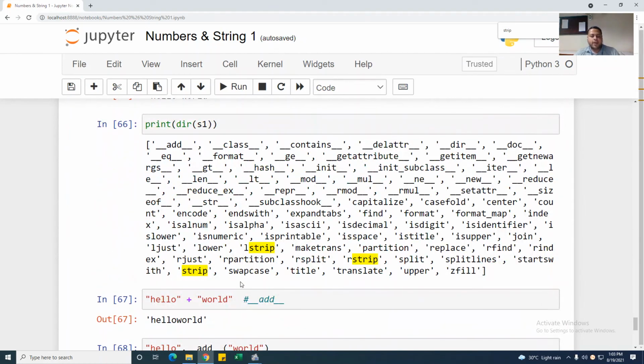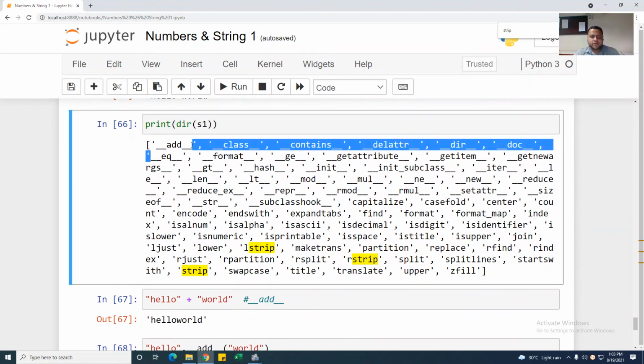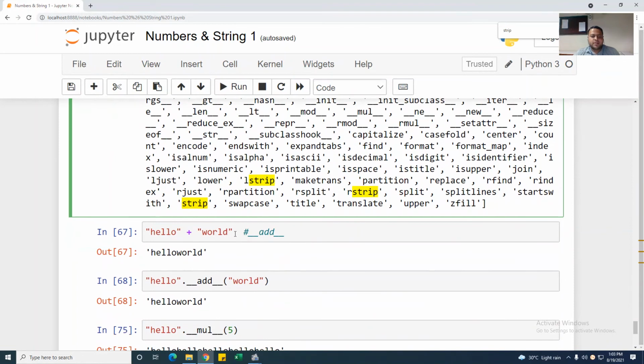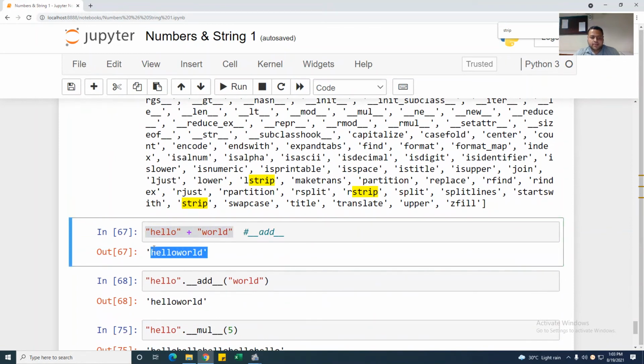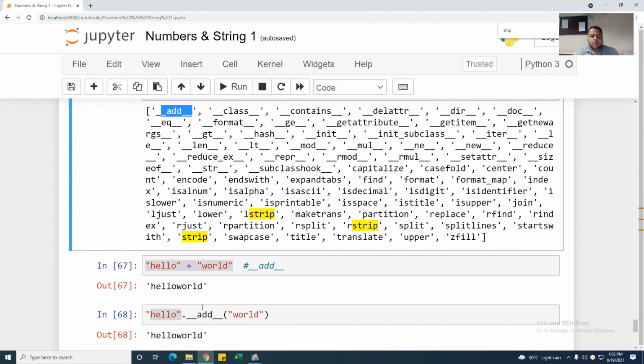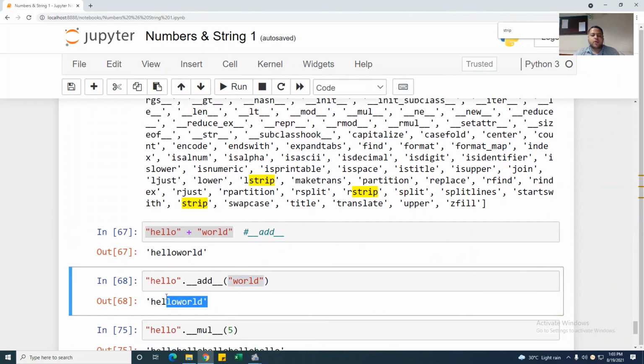You can also add hello world by using the add function, which is already mentioned in the dir of s1. In this way you can add this. In this way also you can write hello dot underscore underscore add underscore underscore and then world. You just need to copy paste it. In this way you can also add the word.